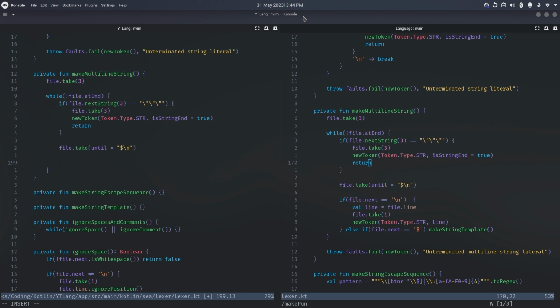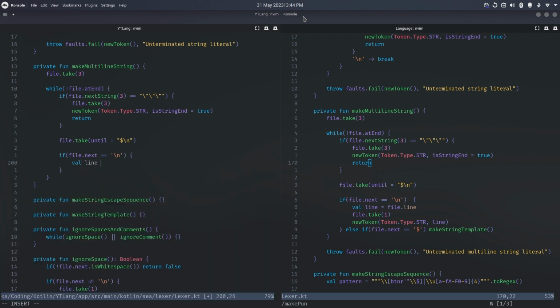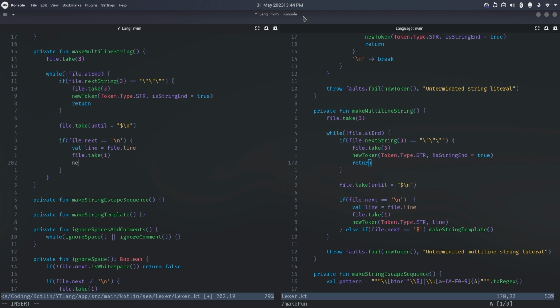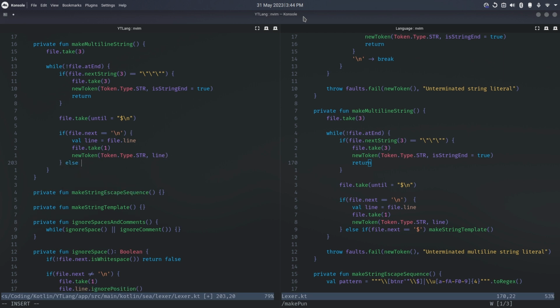We care about new lines because, like I said, we're going to split strings into separate tokens if they go across a new line. So if the next symbol's a new line, then we need to store the line the same way we did when we made new line tokens themselves, because once we say file.take1, the line is not going to refer to the previous one anymore, it's going to increment by one. So we can now make a new token.type.string and pass in the line. Otherwise,